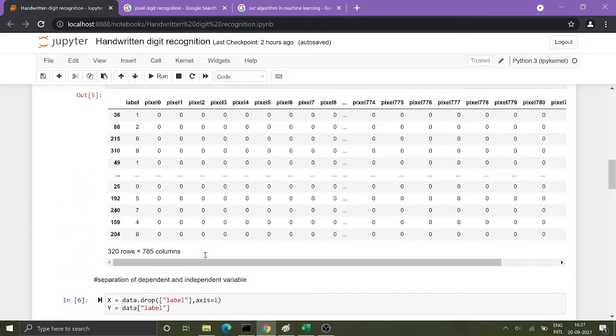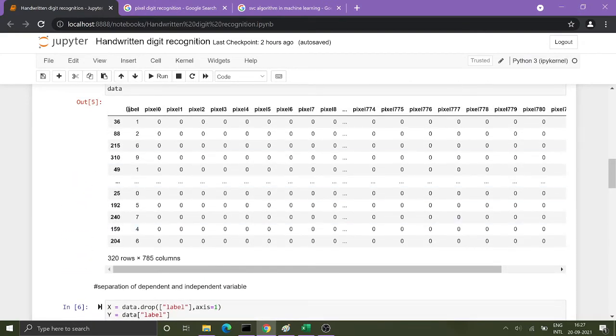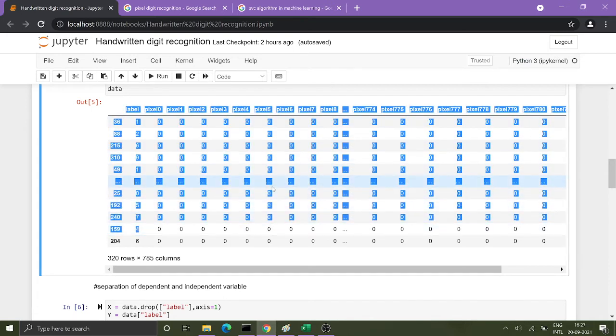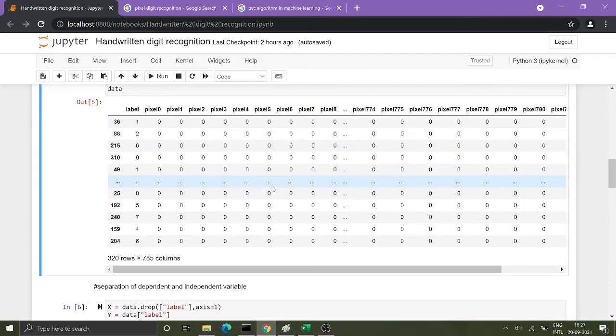Now comes the main part. We will divide it into two parts. First will be the dependent variable and all the others will be independent. As we know, only one variable should be dependent and all the others independent.